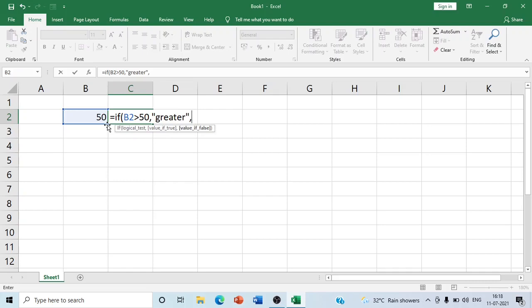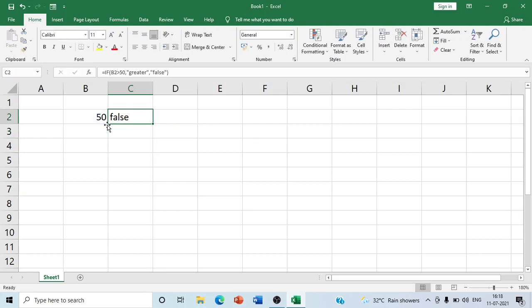And otherwise, value if false, we are saying that will be false. You will close the bracket and press enter. You will see that it is false because B2 does not have a value greater than 50. If we put here 51, then it will be true because greater than 50 means 51 or above.